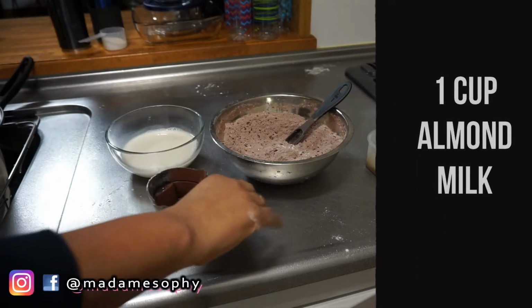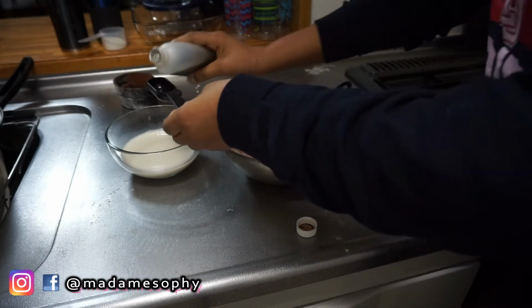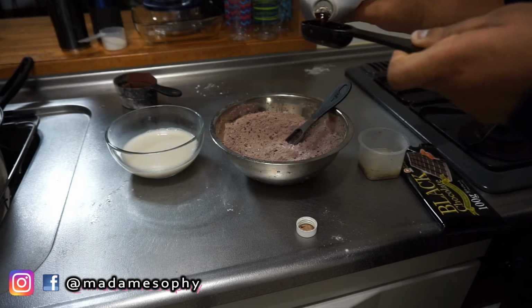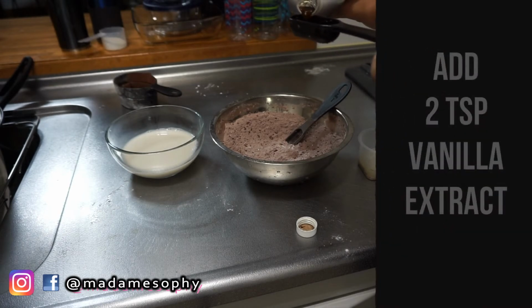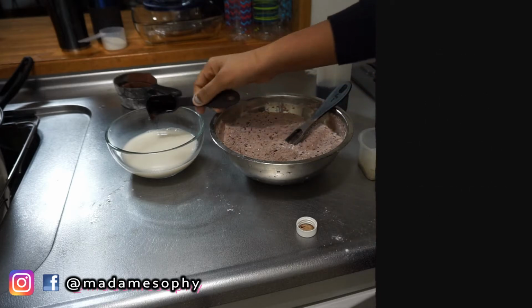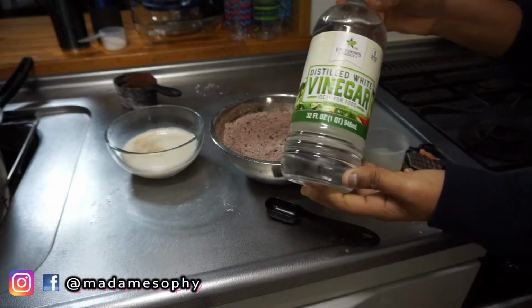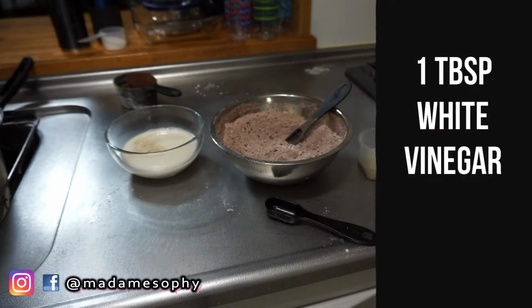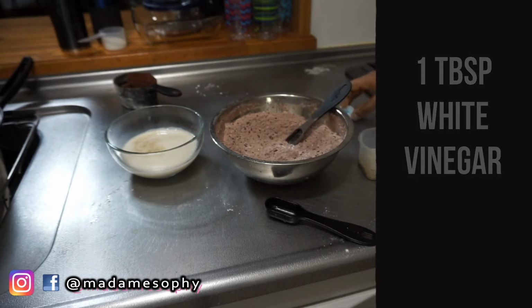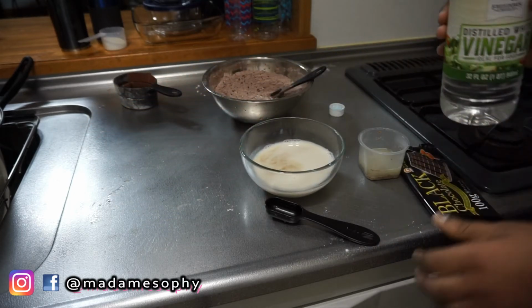So now I'm going to combine all my wet ingredients. In this bowl I have 1 cup of almond milk, 2 teaspoons of vanilla extract to this milk. Now it looks like I'm only adding in 1 spoon, but this is a tablespoon I have, so I kind of guesstimated 2 teaspoons. Now I'm going to go on and add in 1 tablespoon of white distilled vinegar,